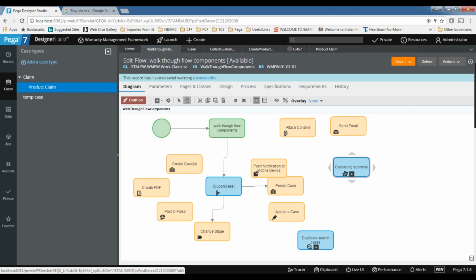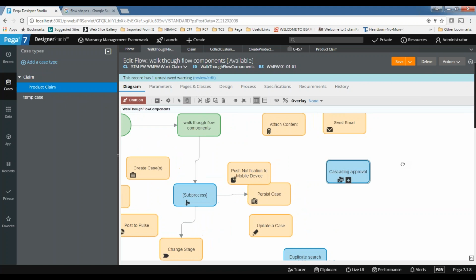How can the system know who is your manager? Obviously from your operator record. And then there may be some more scenarios. I don't want to go by manager. I want to go by authority matrix. If you go to any government offices, you can see this authority matrix table. If you want to get signed for this document, go to this person A. If you want to get some approvals for home loan or something like this, you can contact person B. That is called authority matrix. Who is doing what? If you want, you can also use that one.